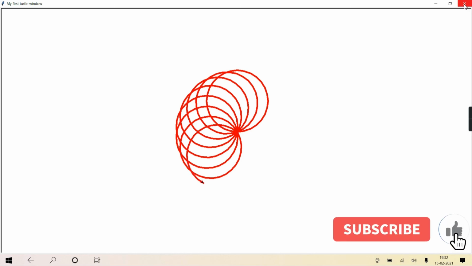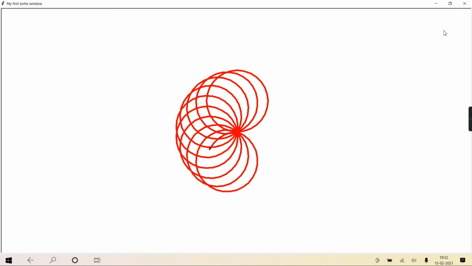Now if I close this window in between, it will throw an interrupted error, because the loop is still going on and you have forcibly stopped the loop. Okay?